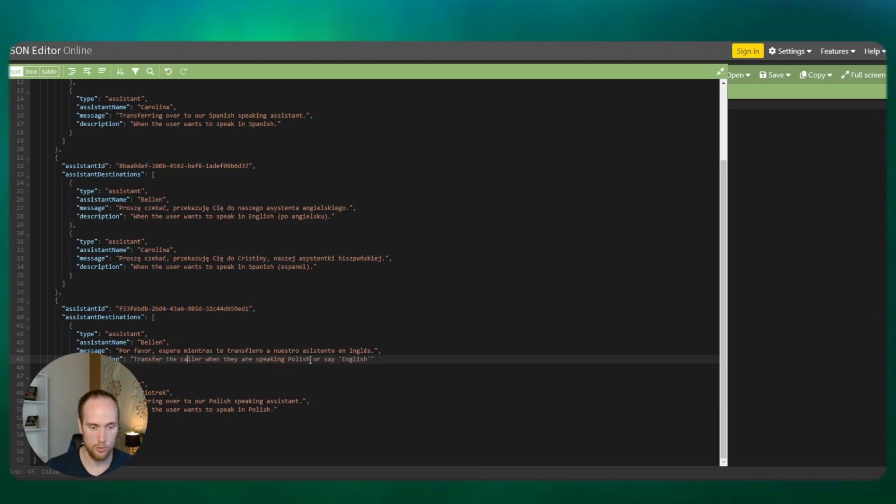Transfer the call when I want to speak in English. And I have the message that she'll say when she's transferring in. There's the user, so when the user wants to speak in Polish.